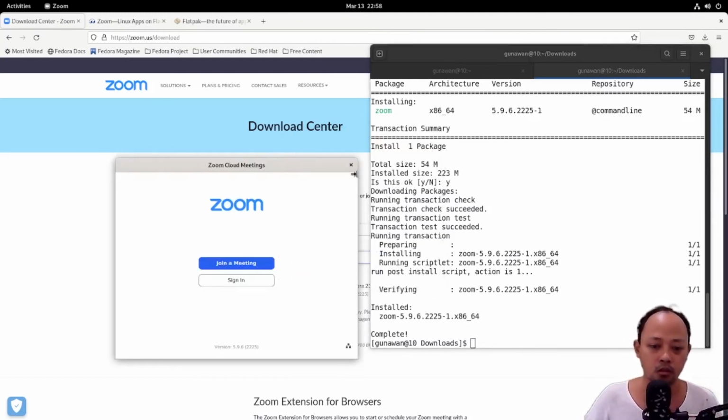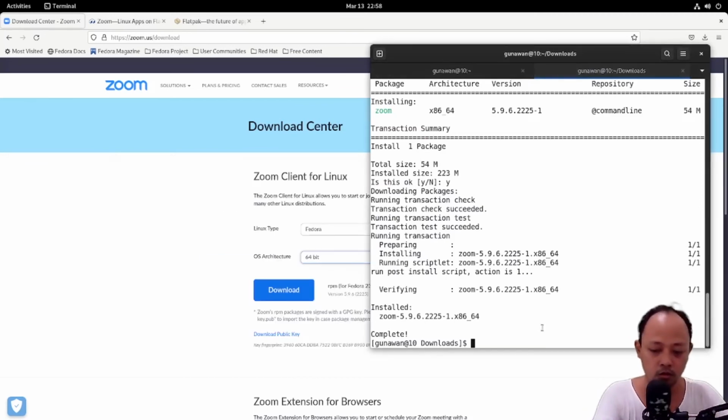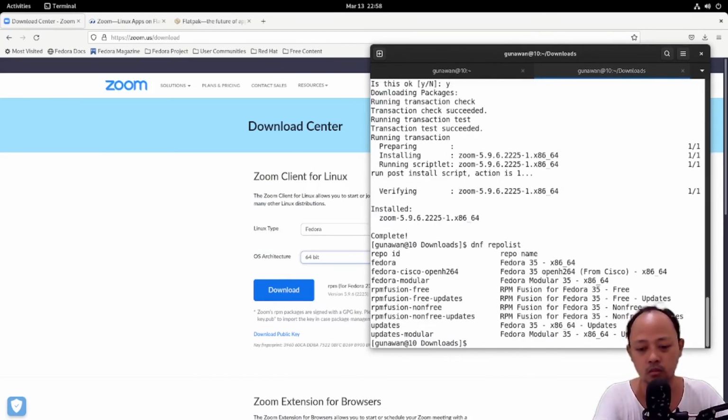Okay, I will check my repo list. So the Zoom didn't add any repo file in our repo list.